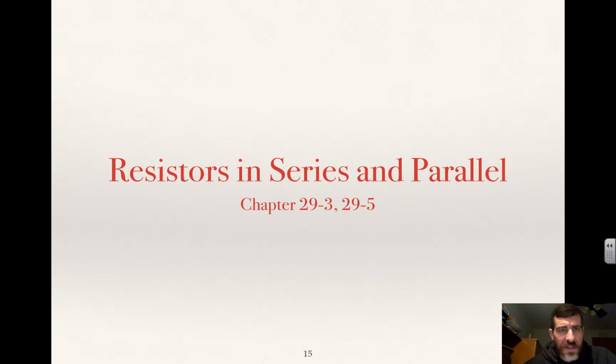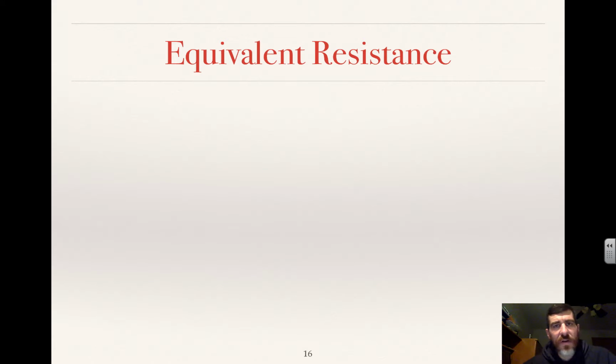So this video is going to talk about resistors in series and in parallel, and this is in chapters 29-3 and 29-4 of the textbook. Alright, so equivalent resistance. This is actually quite similar to when we talked about equivalent capacitance back in chapter